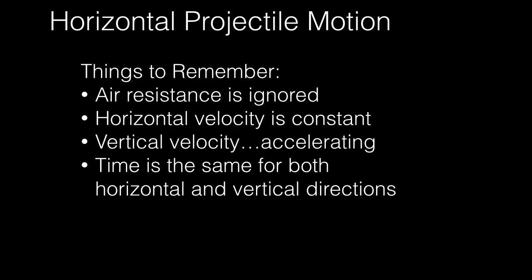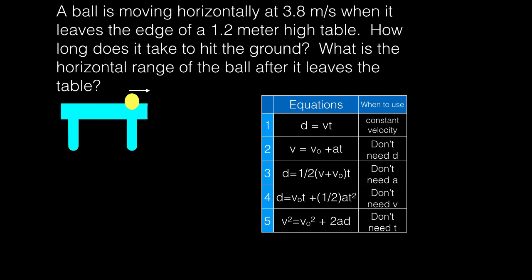through these example problems. Number one, it says a ball is moving horizontally at 3.8 meters per second when it leaves the edge of a 1.2 meter high table. How long does it take for the ball to hit the ground, and what is the horizontal range of the ball after it leaves the table? So let's go through this and draw a picture of what's happening to the motion of this ball. It's going to go across the table, and then once it leaves the table, its motion will look something like